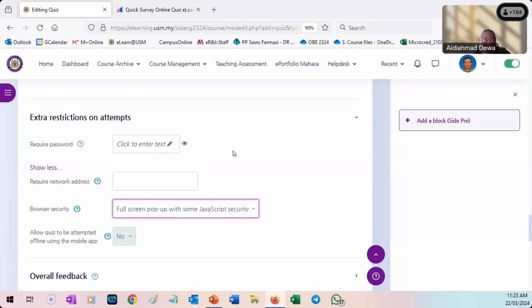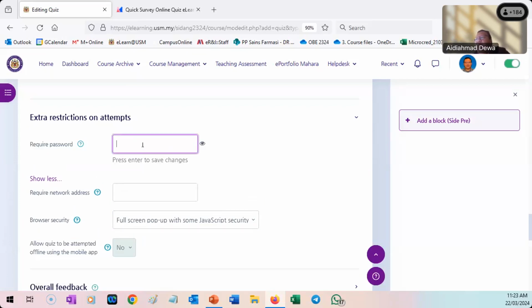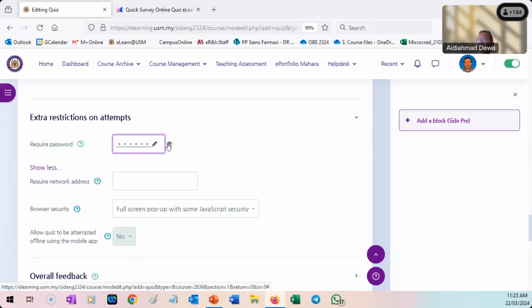So how to control that? You try to control so that students in group B will not be able to access the test. So I put a password here. Simple thing, sometimes I put ayam, or okay, banana. Make sure you see banana in small letters, and then you press enter. So it's being saved now. Okay, banana. So for group A, when they come in, they want to attempt the test, they tick the